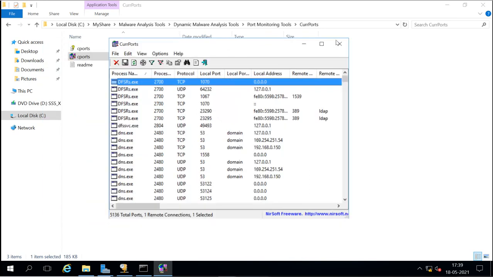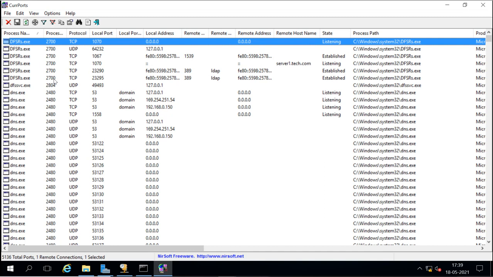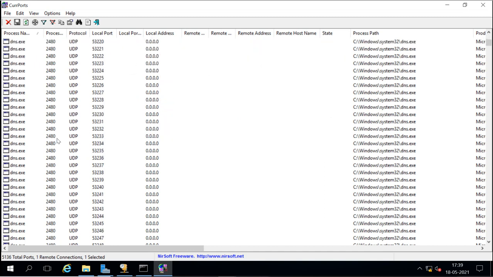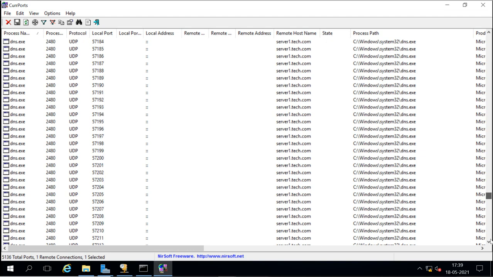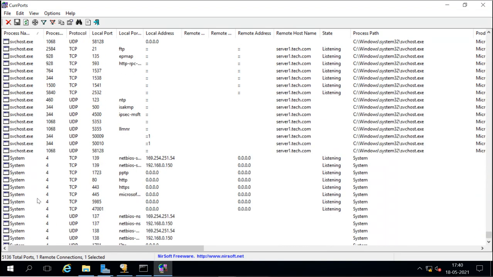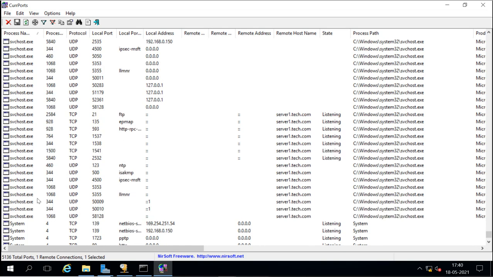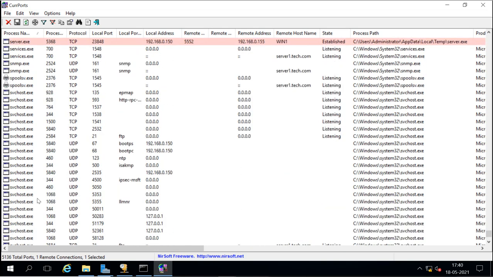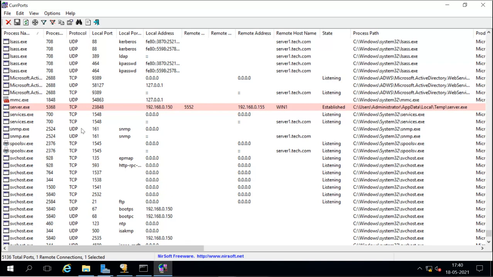And now we can see these different connections are running, and first it shows UDP, because mostly viruses, Trojans use UDP ports. So you have to look for the suspicious service and port which is using your system, just like this one.